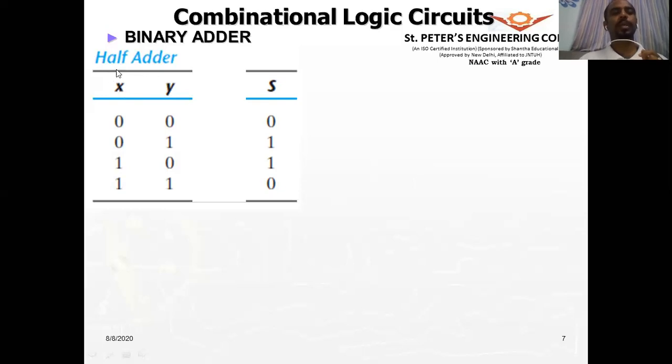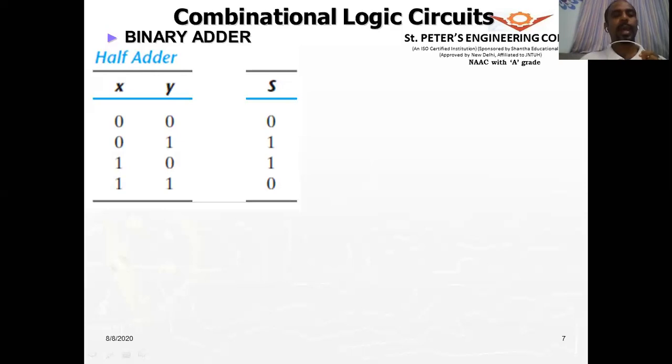Therefore this adder is called a half adder because it has no provision to add the previous carry. When I add two numbers completely, I will be adding those two numbers plus an additional carry if it was generated from the previous addition. That we call a full adder. So this truth table is called the half adder.